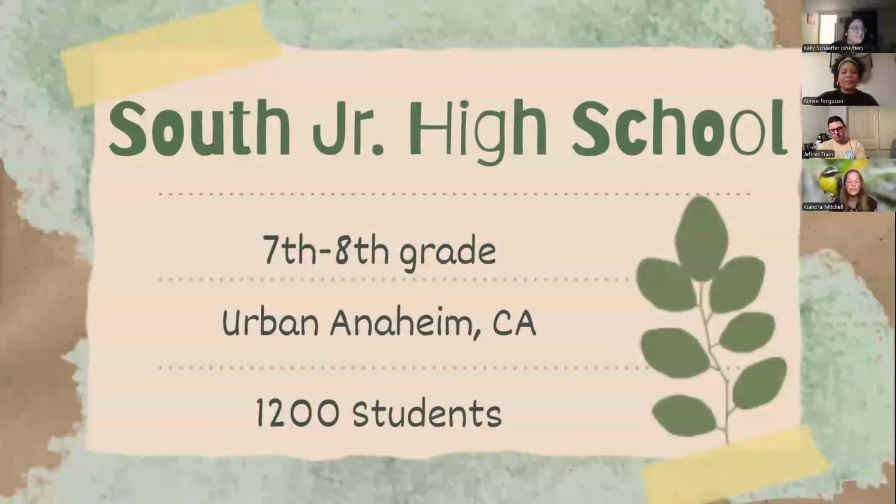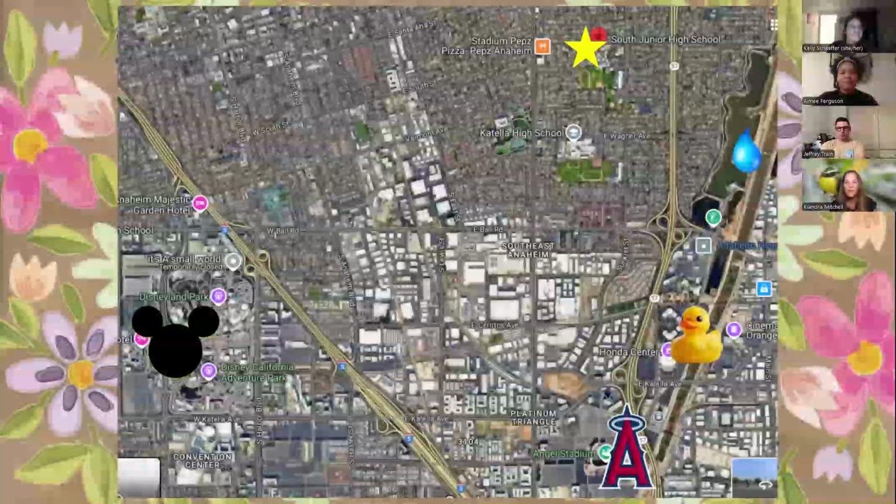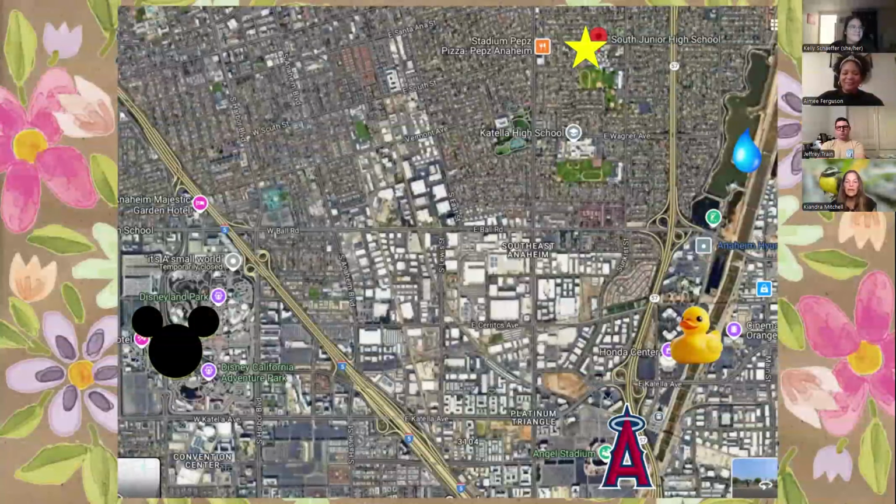So a little bit about my school. It's very urban in Anaheim, which, you know, we always hear it's the happiest place on earth. That's a bit of a stretch. But we do have just 2 grades, around 1,200 students in those 2 grades. My class sizes average around 38 students. And this can sound very daunting when thinking about taking classes that large outside, but I'm here to let you know it can be done relatively safely and effectively, and we have fun.